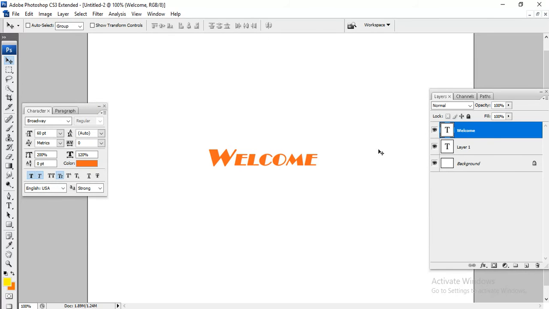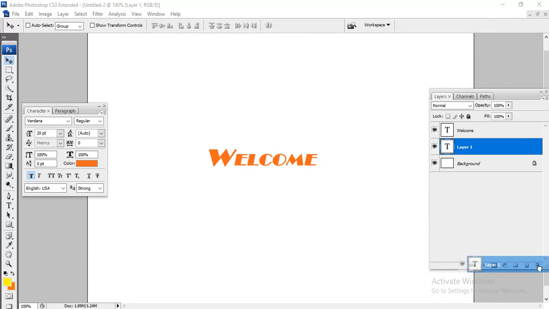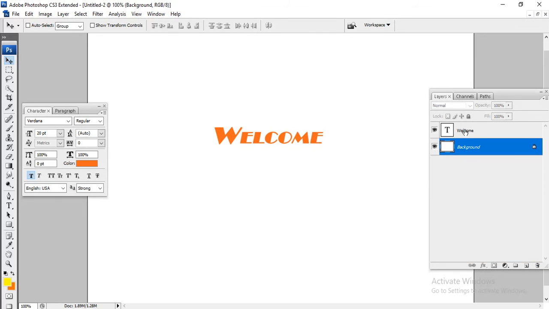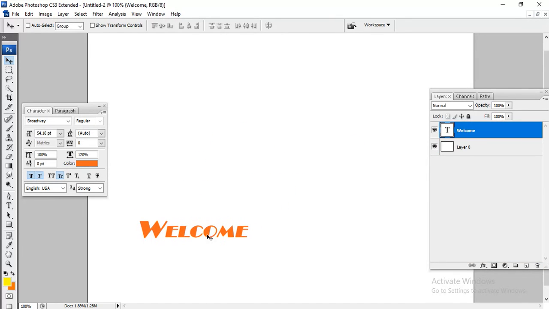Now I'll show some other examples. I'm selecting this. I don't want this. Now take this as our document, moving it to some place, any place. Now say you want to make this text center aligned in the document.